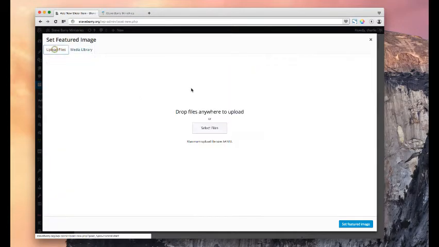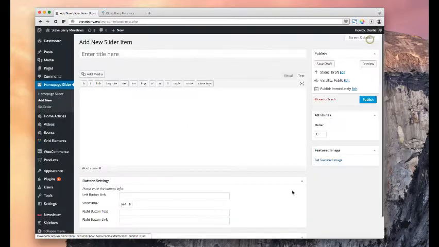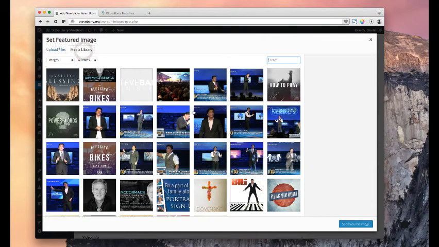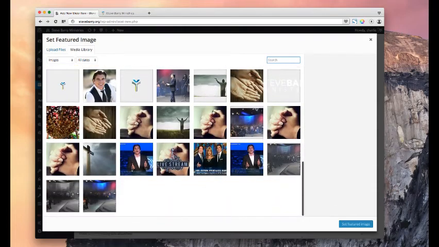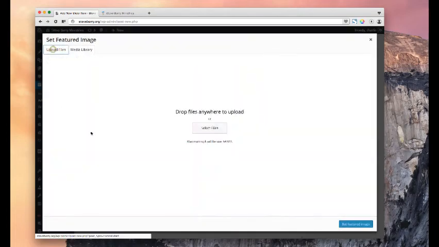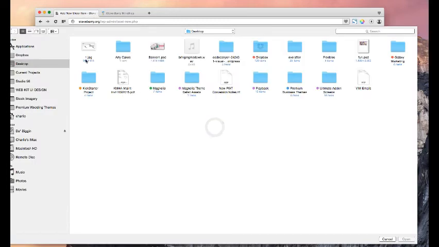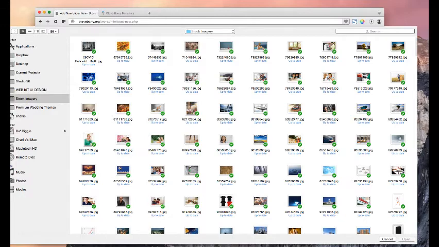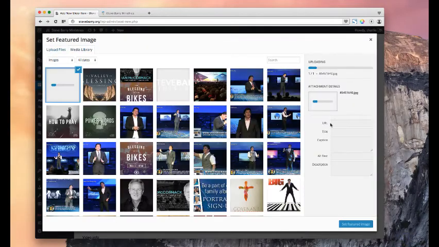Once you're ready to upload, you just come up in here and you go to the upload section. Let me refresh it again, or start again from that section. Click featured image. It's going to automatically show this. The button I clicked earlier was your media library, and these are images that are already uploaded to the site. Okay, so we want to click upload. You can drag and drop in your image right into here, or you can hit select files, and then you can just search your computer for the image you want to use. So real fast, I'm just going to use one and I'll get rid of it. Select it, I'll open it, it's going to upload it,